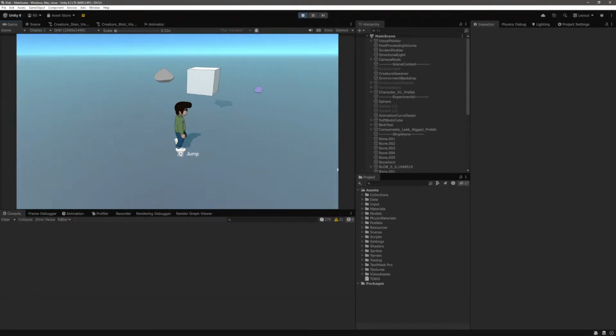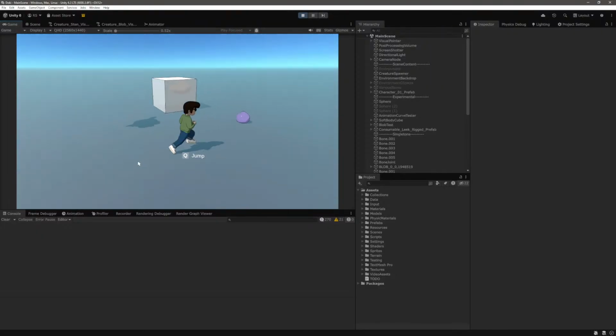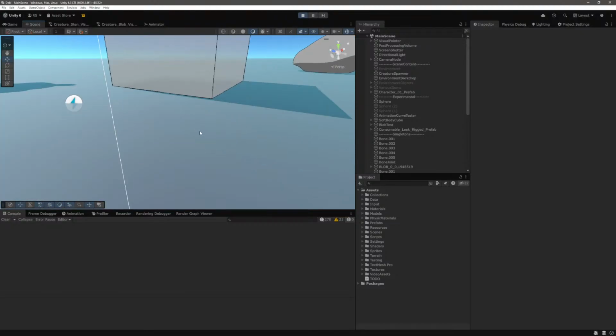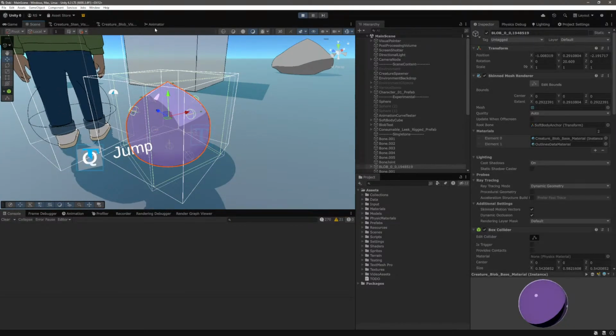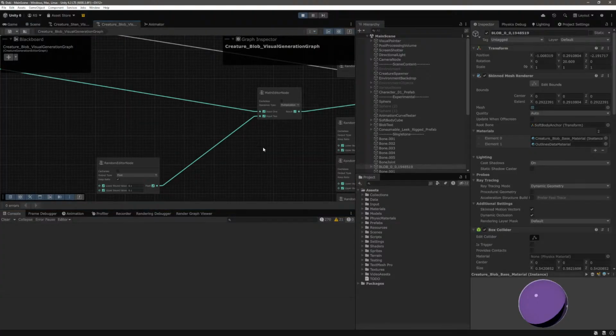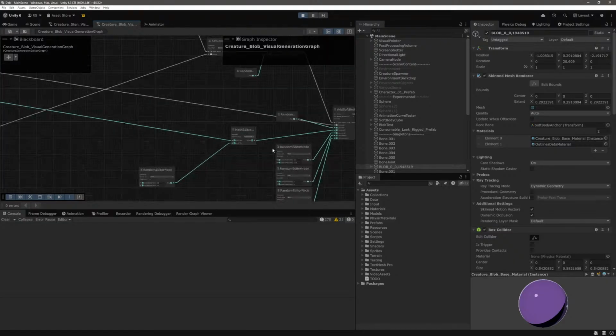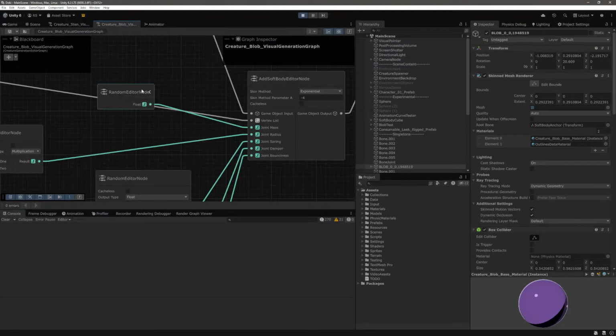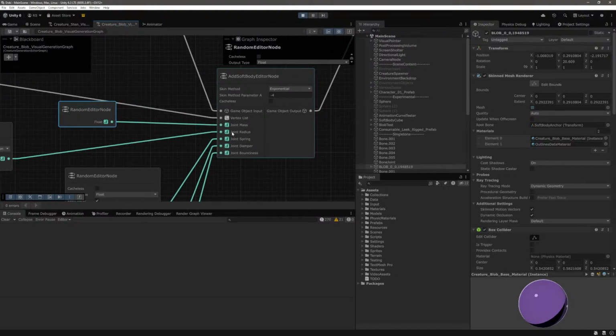Good morning, good morning. So the idea is to continue working on the blobs today, and I think we made some nice progress yesterday with the introduction of a math node in our graph toolkit for procedurally generating creatures, which means that we can now create some sort of relationship between generated float values, or eventually it's going to be integers and stuff like that as well, but for now it's just floats, which means that when we create the soft body here, we can base the joint